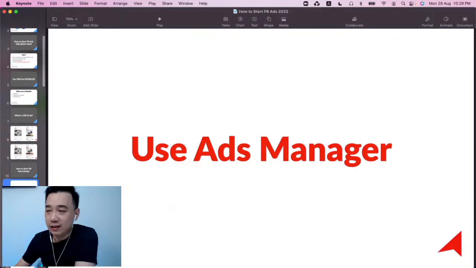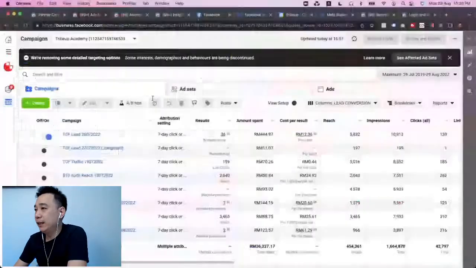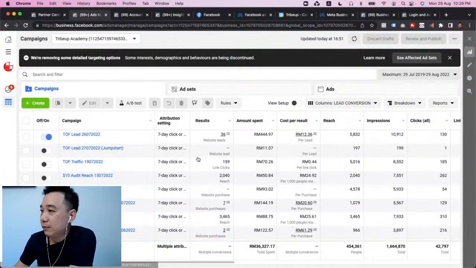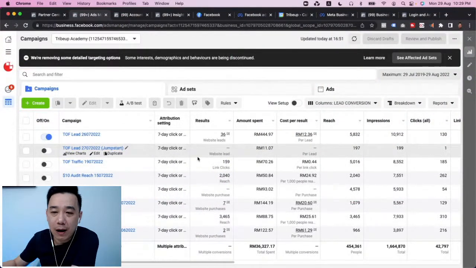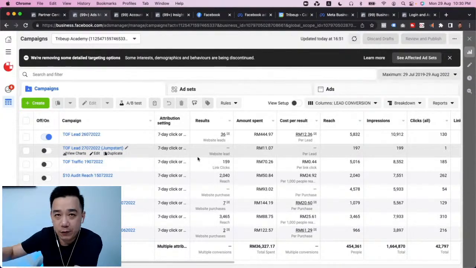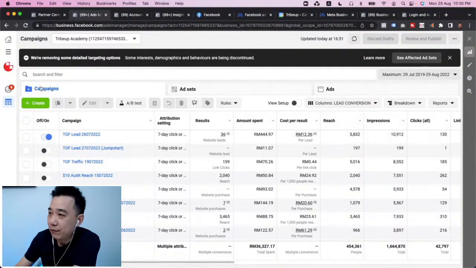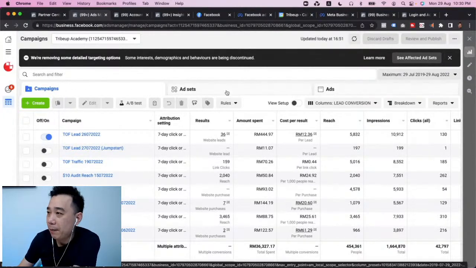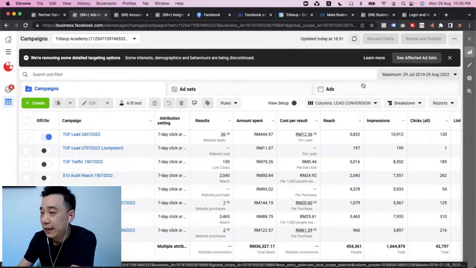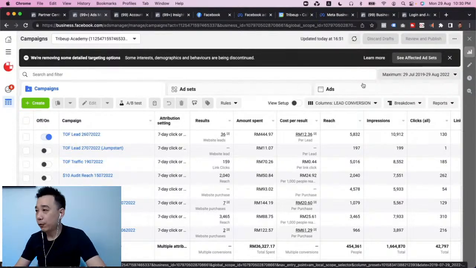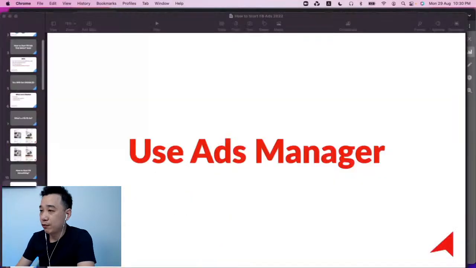But before we go into that, I just want to really look at this Ads Manager a little bit. Now, I have an Ads Manager that has been around for a while. I've been running ads, of course. So I just want to quickly give you the idea over here. There are three main layers when it comes to Facebook ads. First thing first, you have this campaign layer, which is the first tab. Under each campaign, there is this ad sets layer, and followed by the ads layer. So three layers.